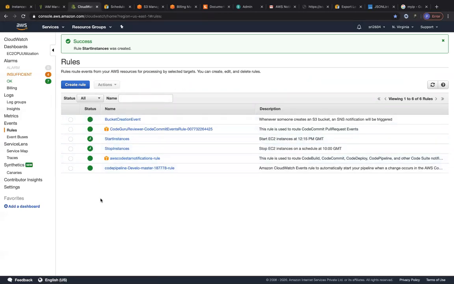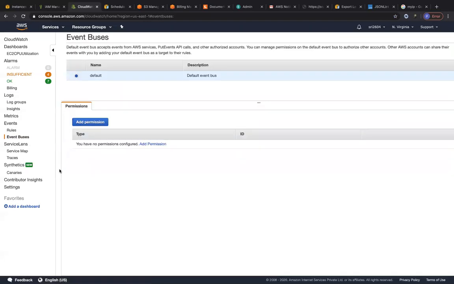So one more final concept regarding CloudWatch events is called the event bus. This is pretty cool, man. So suppose you have this AWS account and then you have another AWS account, and from that AWS account you would like to send out all of the events to this particular event bus, which is your default event bus, right? For that particular use case you can use event buses.